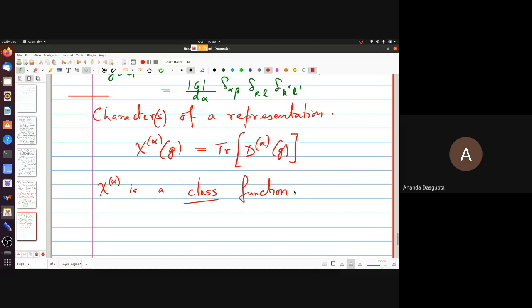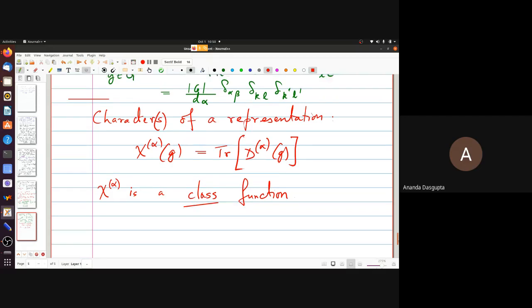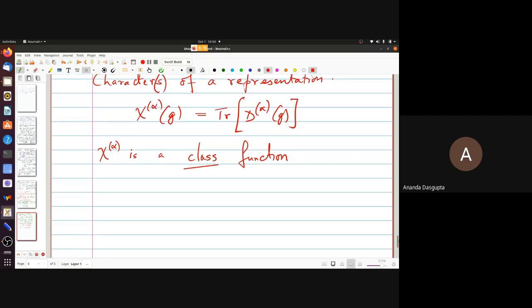Everybody remembers what a class is in the context of a group? Yes? No? What? No, sir. Okay, so this basically has nothing to do with representation theory. This is one of the topics in abstract group theory which I did not mention, assuming that people would remember. But let's say